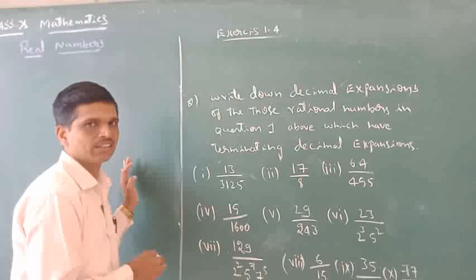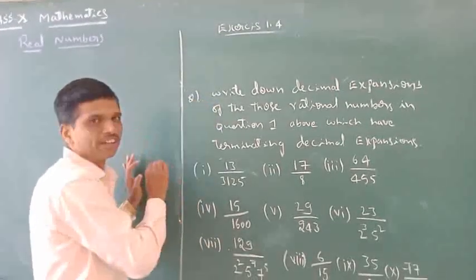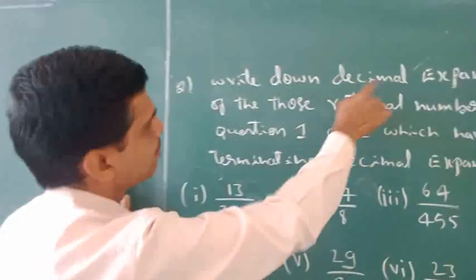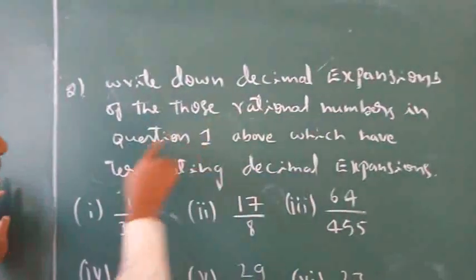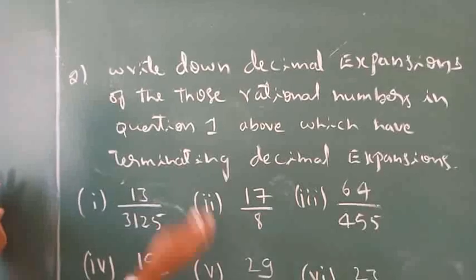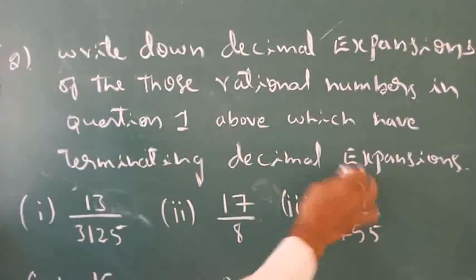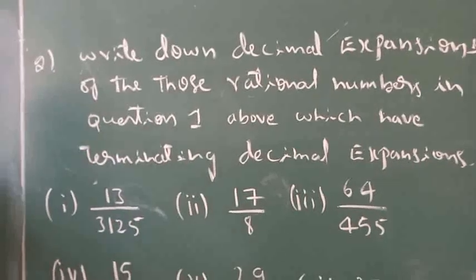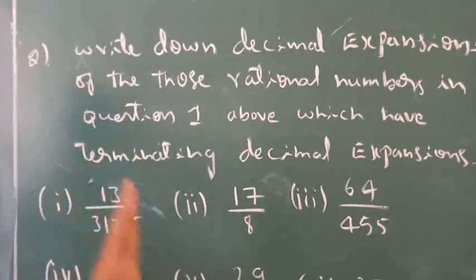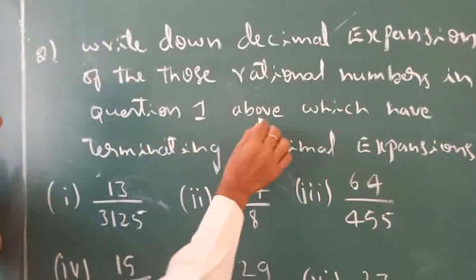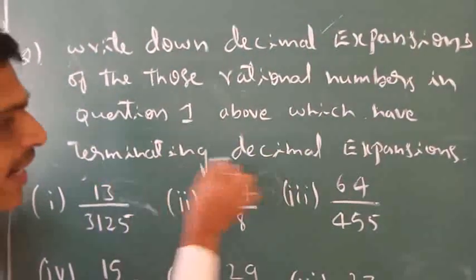Now, second one in the same exercise, second main question. It says: write down the decimal expansions of those rational numbers in question number 1. Here I have already written. So the ones above which have terminating decimal expansions, we have to convert the fractions into decimal form. That's it. But before converting, we should observe whatever they have given which have only terminating decimal expansions,